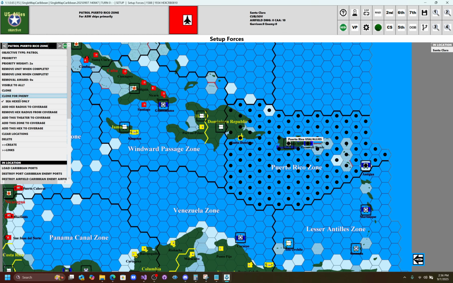Clone for enemy. I used to use that a lot before I created the ability of automatically creating a bunch of objectives. I would use the clone for enemy because I wouldn't want to have to click a bunch of hexes. So I would create one that covers the entire area, and then I would clone for enemy because it makes sense, right? Both the U.S. and the Soviet side would probably have generic patrol orders to cover the whole theater, right? There's no reason to duplicate a lot of work. You could just hit clone for enemy, and it'll create one